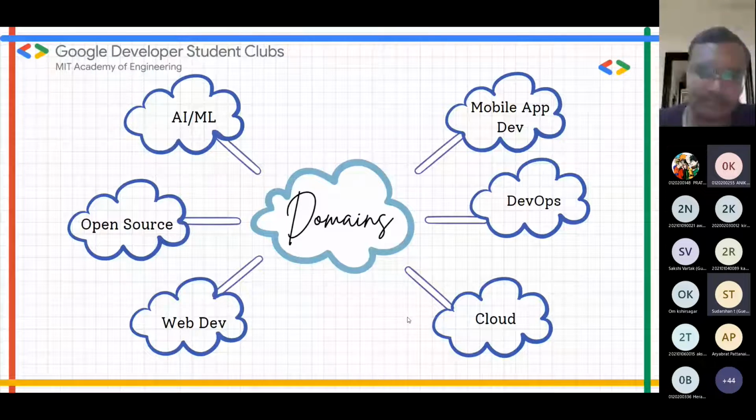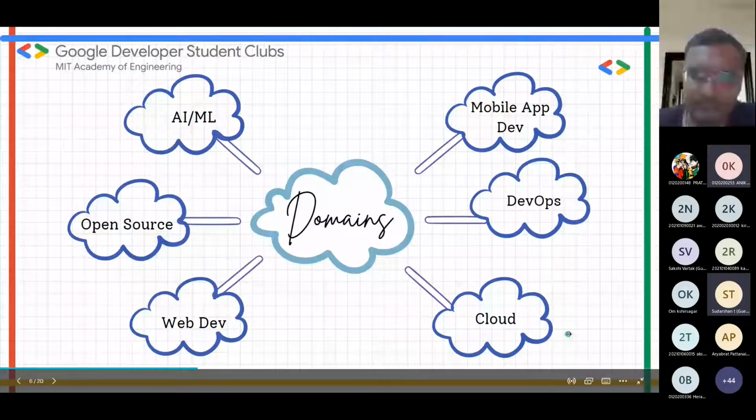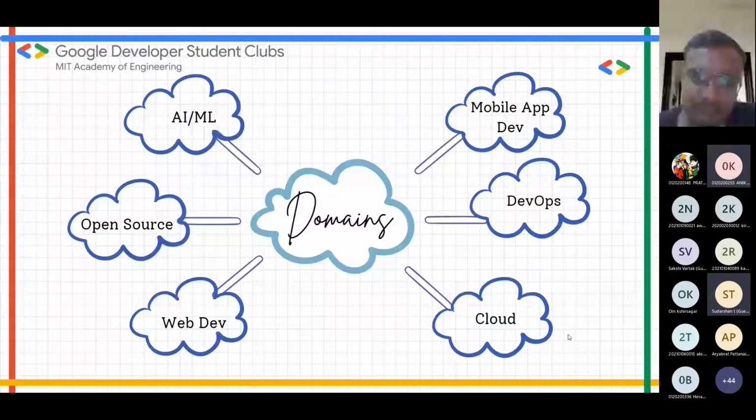The model of cloud is that instead of having to host that server yourself, do all the security yourself, maintain that hardware yourself, you can outsource this job with varying levels of abstraction. That is, as PaaS, as all of these things will be covered. You can give this to a third party who will just host your code for you, and all you have to do is make sure that you develop your code and then deploy that code. Some of the most popular cloud providers are AWS and Azure, and Google has its GCP, Google Cloud Project. All of these are cloud providers who will basically make sure that your DevOps and development goes smoothly.